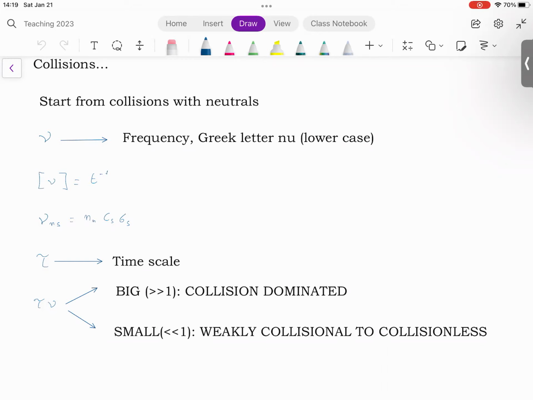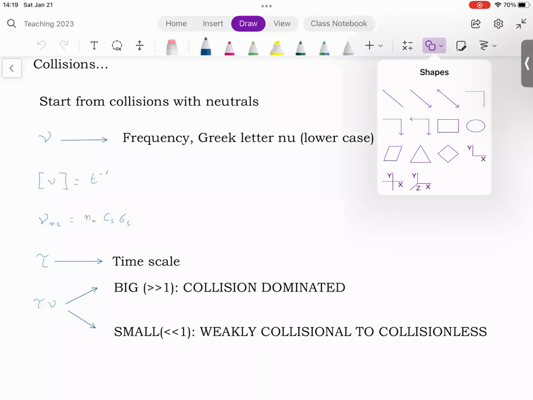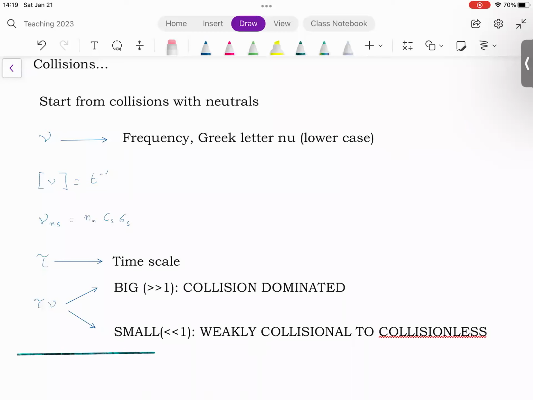And that's going to mean that the system or the process I'm interested in is dominated by collisions. However, if that product is small, then the process or the system is weakly collisional, or depending on how small that number actually is, we could just call it collisionless,